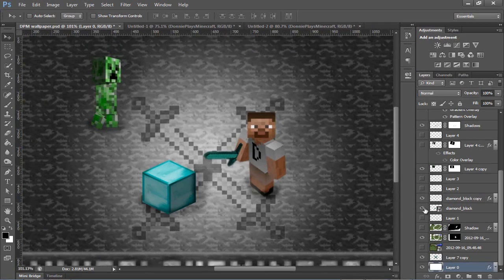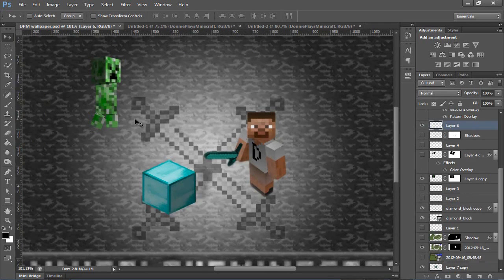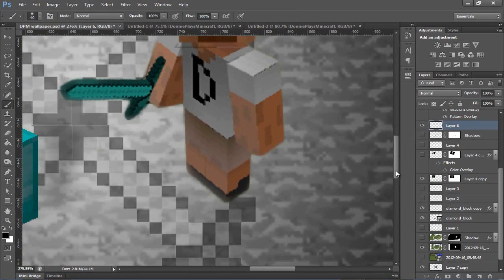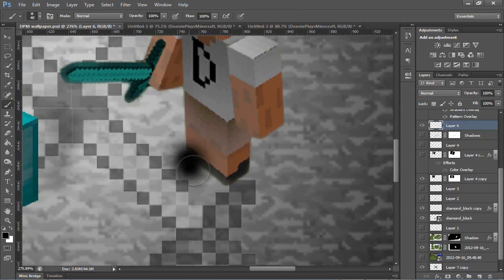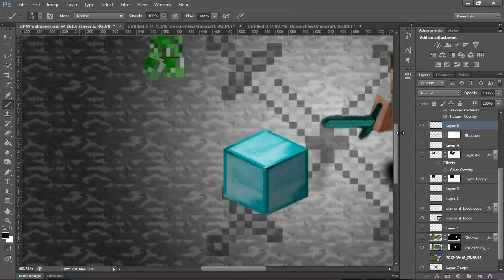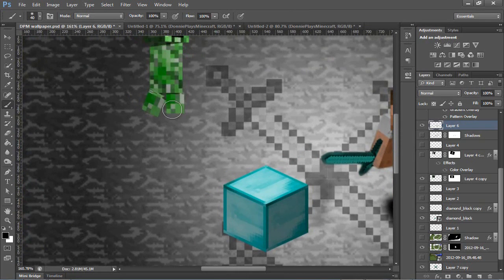So if I just turn off the shadows layer, and we'll just make a layer above that, and grab a brush, and you want it in black because you can always turn down the opacity later. So for the feet, I usually just paint a little bit around it, and this depends on where you want to decide the light's going to be. So I just put a little bit right there, and then we'll go ahead and put some right here for his feet,